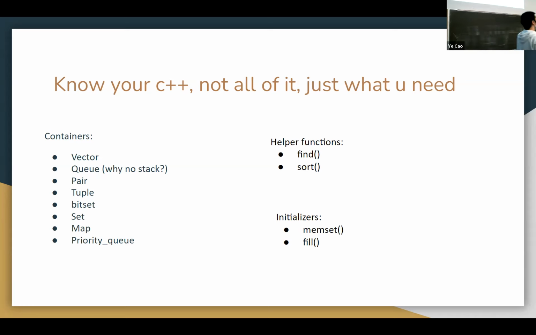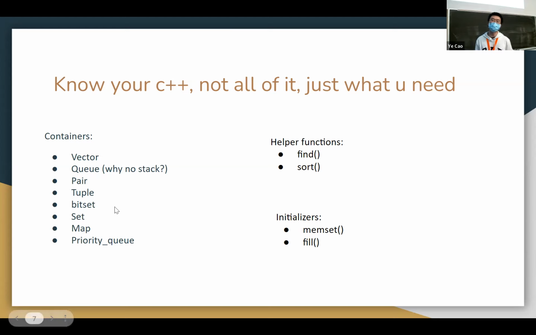Pair is extremely useful when you're considering a pair of objects. It's most commonly used to represent, for example, coordinates in the XY plane, where the first entry is the X coordinate and the second entry is the Y coordinate. Very useful, very handy, and it has a natural order, a dictionary order, that comes with it. Tuple is just a pair, but with more entries. When you want a quote-unquote pair with 3 or more entries, you can use tuple.